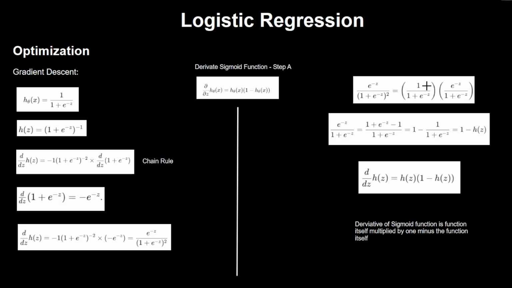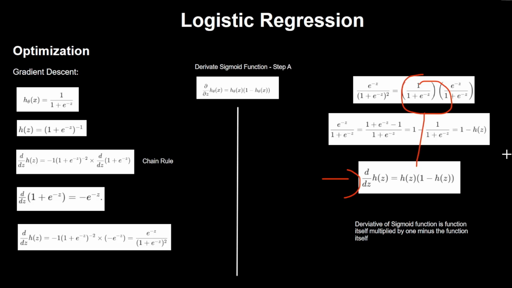So we can take the 1 by 1 plus e power minus z term common from this equation. So we have two terms. If we see carefully, this term corresponds to the original h of z itself, which is 1 by 1 plus e power minus z, or (1 plus e power minus z) whole power minus 1. So we can just substitute h of z directly there. That's what is in the final equation. Instead of this, we wrote h of z directly,